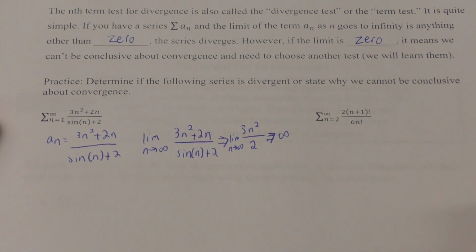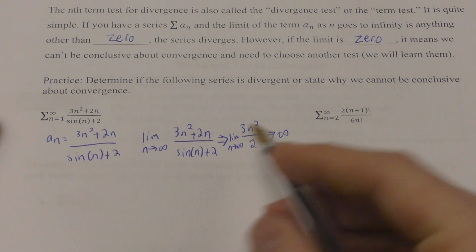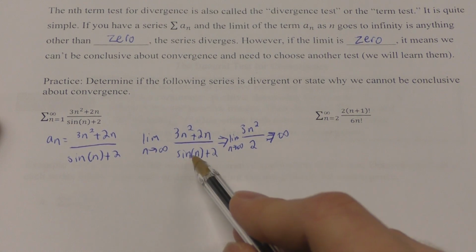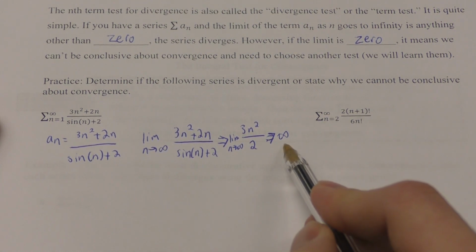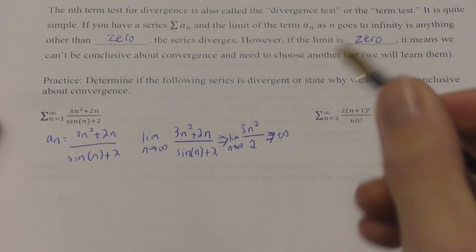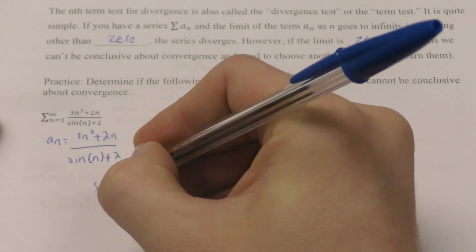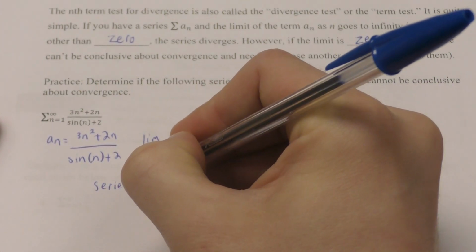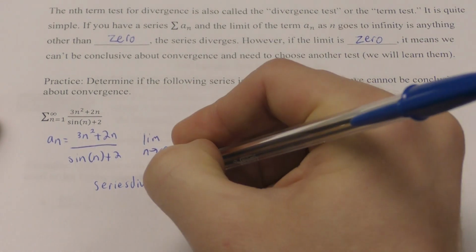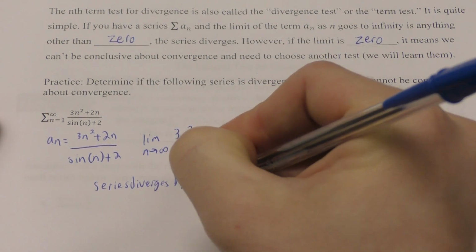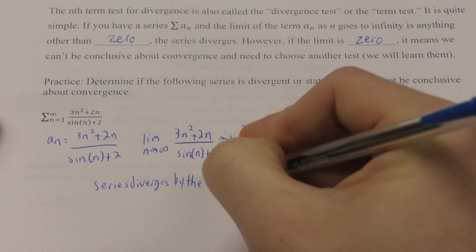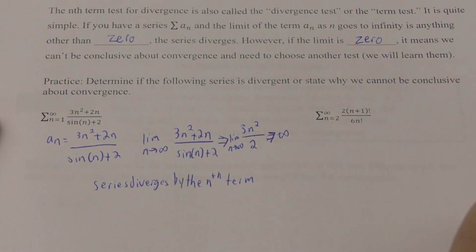So it approaches infinity. What does that mean if this limit approaches infinity? Well, the limit of a sub n, our nth term, as n goes to infinity was infinity. That's not 0. So this means the series diverges by the nth term